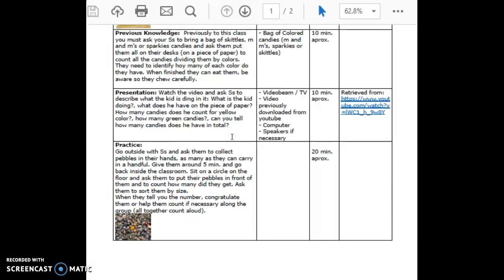For the presentation, we watch the video, and in the video, there is this kid doing exactly the same activity as the previous knowledge. He's counting the candies, and then he sorts them by color. So for this presentation activity, they will watch the video, and I'm going to be asking them